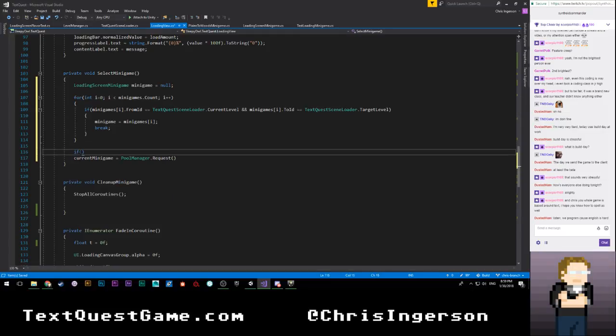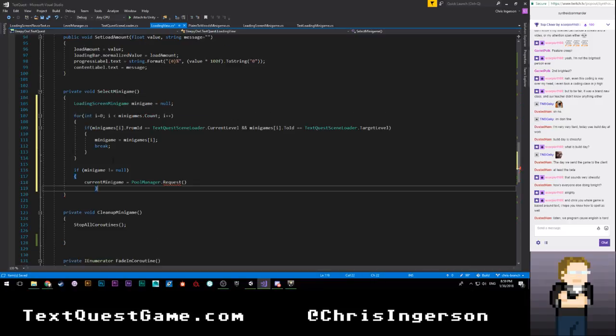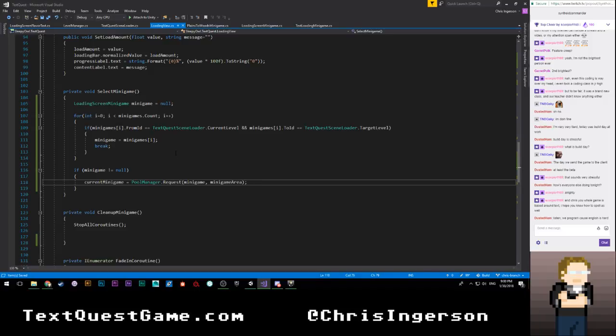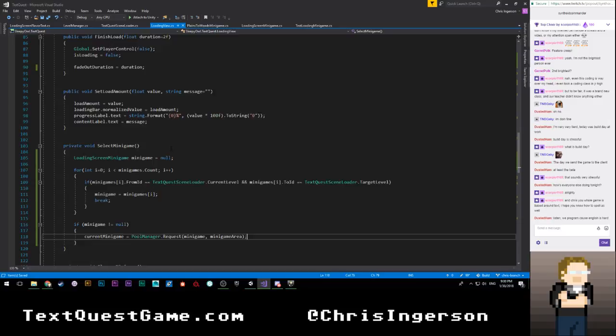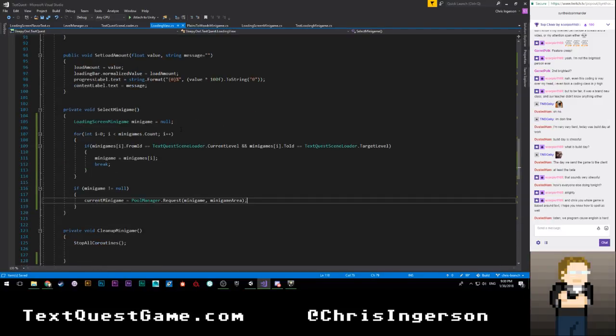So we're going to wrap everything in if minigame does not equal null. Go ahead and wrap that stuff. All right, so we're going to request the minigame, and we're going to put it under the minigame area. Okay, nice and simple. All right, so that gets us our minigame, gets it spawned in. Now we're going to have to initialize it and